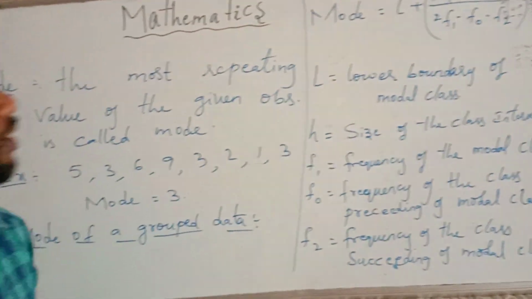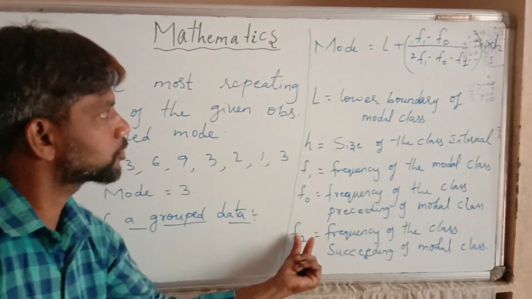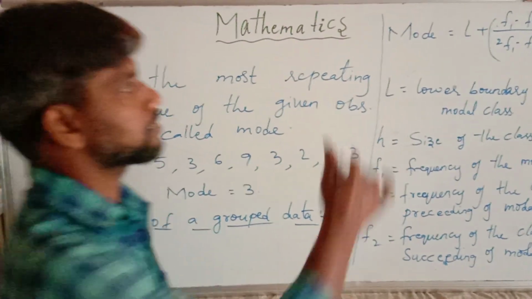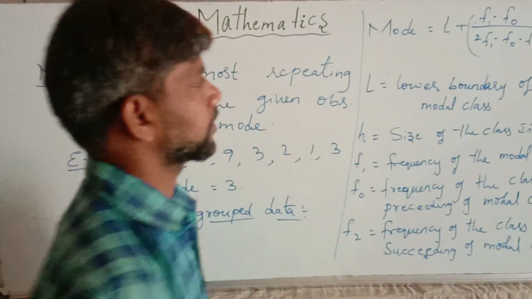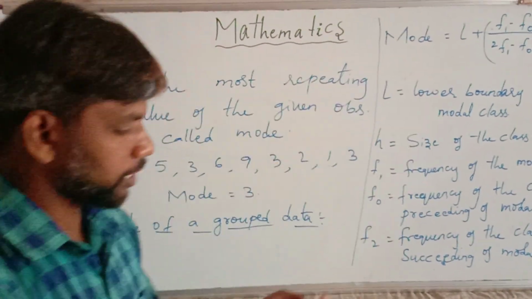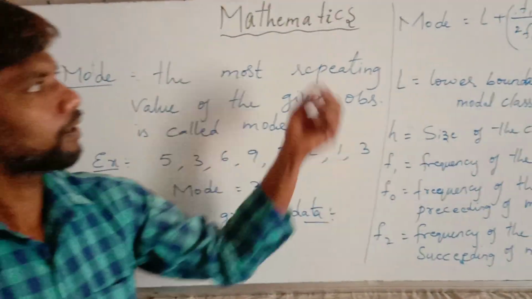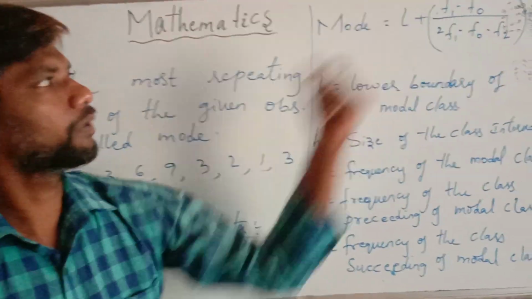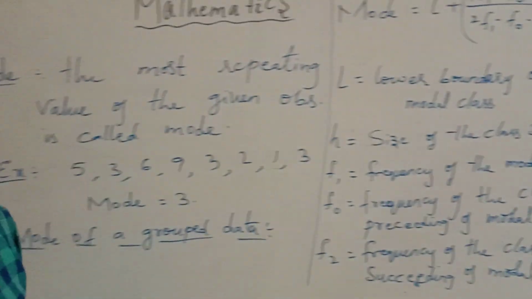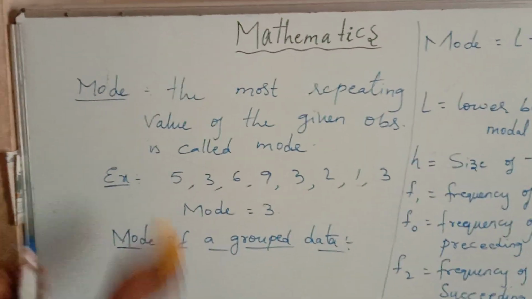So this is the formula for mode of a grouped data and the explanation of each and every term in the given formula. If you write this, you will get 2 marks compulsory. So this is only a 2 marks question for mode. And also yesterday I explained the median of a grouped data. Write the formula for median of a grouped data and explain the terms in it. Compulsory, out of these 3, he will ask one question for 2 marks. We'll see the 4 marks question.